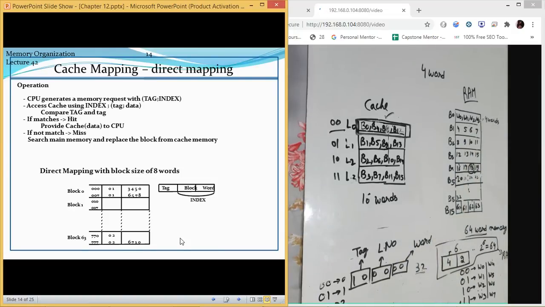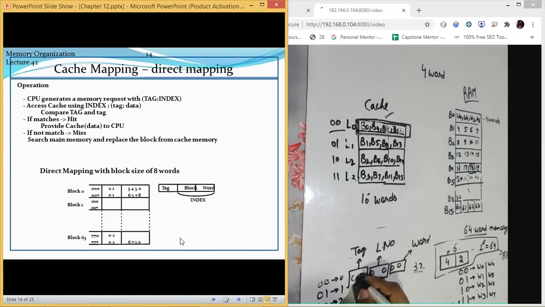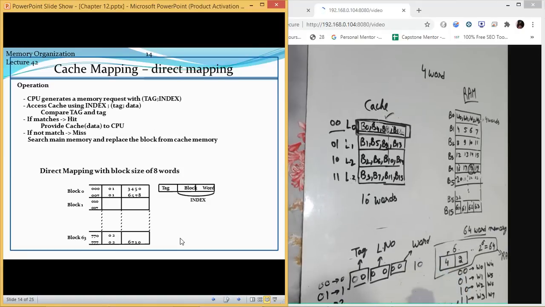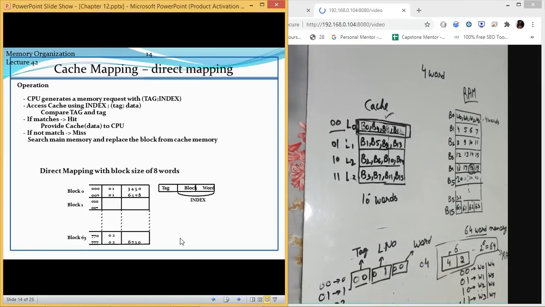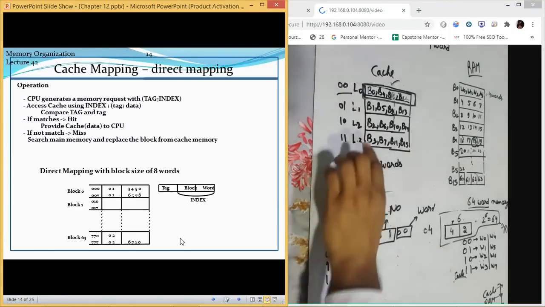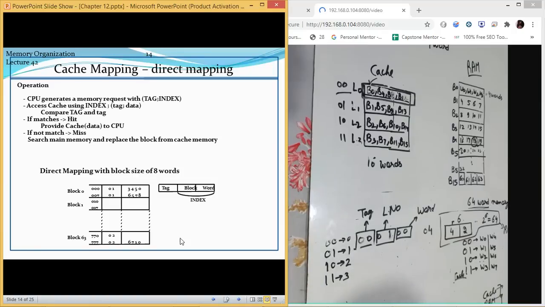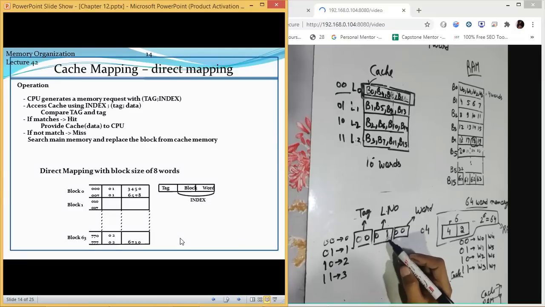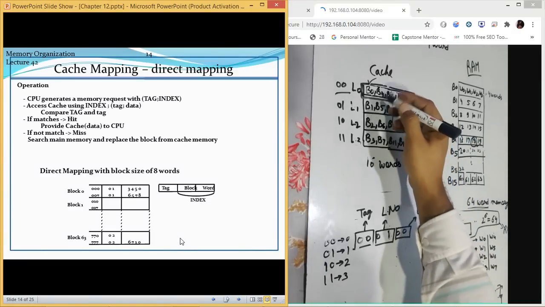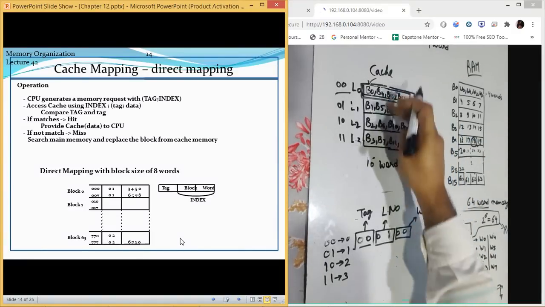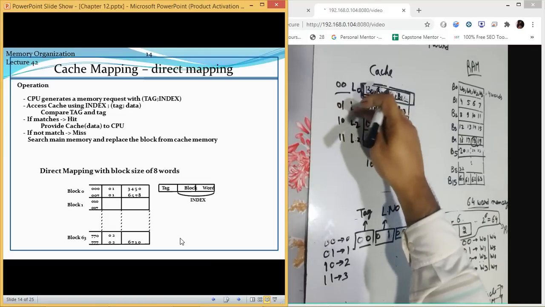So I will take another simple example in this case. I will take a value 10 so that it is easy, or we will take a value 4. So if it is 4, 1, 2, 4. Now let us test how we are going to find it out. 00 tag, which means it is present at this place. This is the 00 index. Line number is 01, in this row, this one. So line number is 01, which means this value.